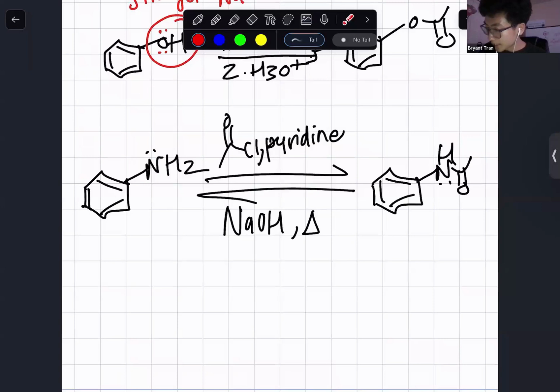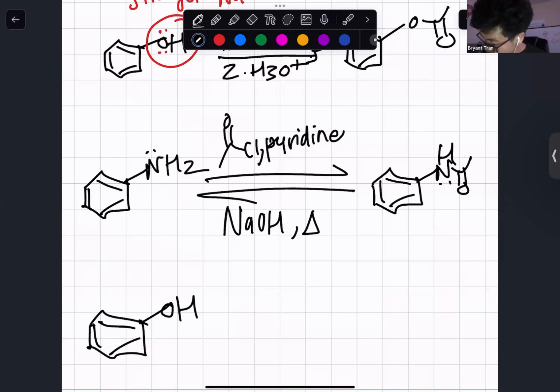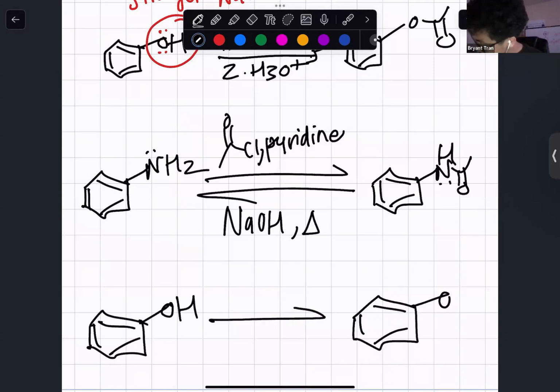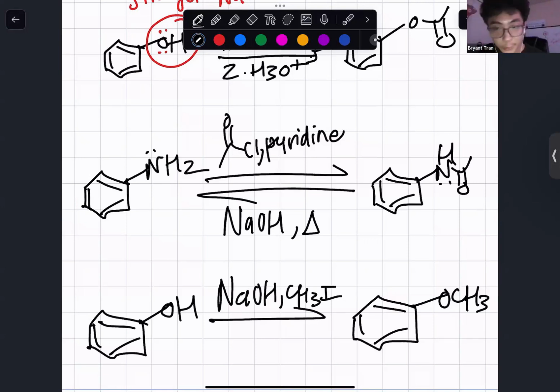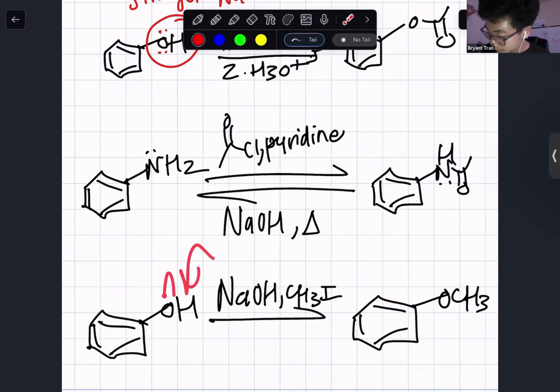Okay, so now for phenol with the alcohol here, we can protect the alcohol and convert it into an ether. And this is going to be Williamson ether synthesis from 118A. And that's going to be NaOH CH3I, right? And you do know mechanism for this, but you don't have to worry about that because that's not tested here. But what's basically happening here is that the OH minus is deprotonating the alcohol to create the alkoxide ion, the O minus ion, which is going to attack the CH3 and kick out the iodine